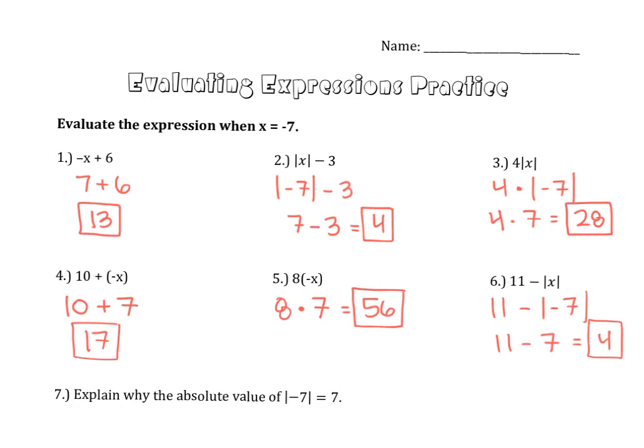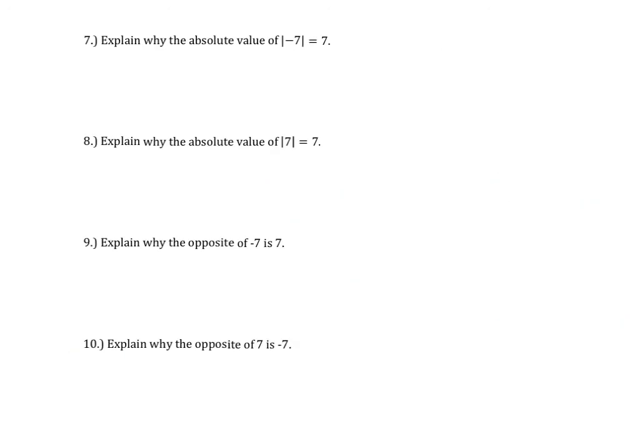And next we're going to go over number 7 through 10. All right, let's go over number 7. So number 7 asks to explain why the absolute value of negative 7 equals 7. So I think one of the easiest ways to approach this is to use the definition of absolute value. So I'm going to say absolute value is the distance a number is from 0 on the number line,